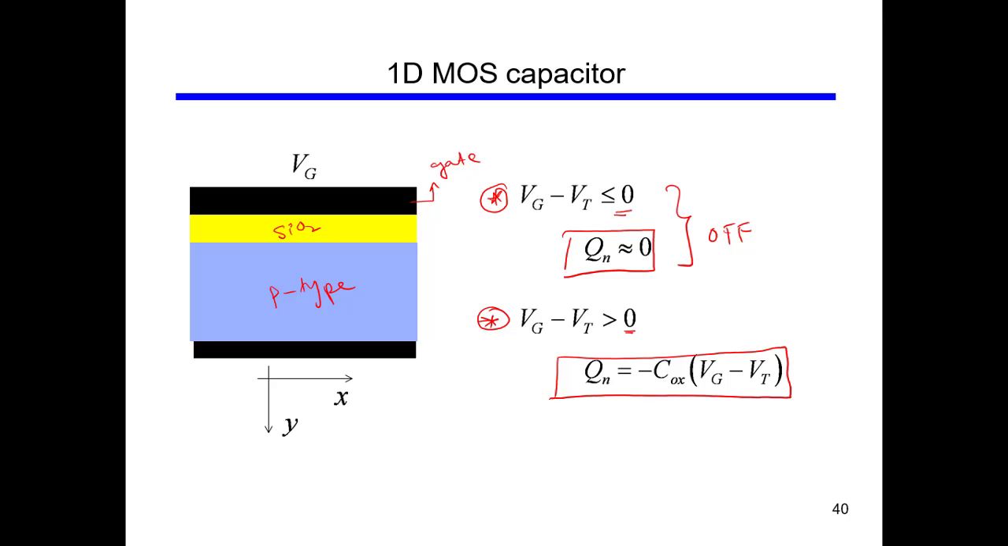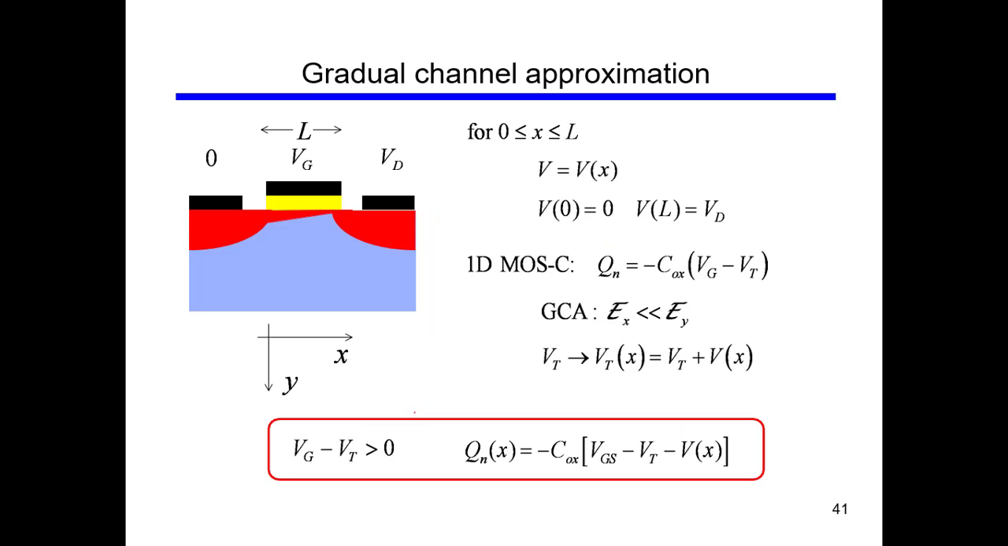But when the difference between potentials at the gate and threshold is greater than 0, then we have this formula, that the charge in the channel is minus Cox, which is the oxide capacitance, times Vg minus Vt. We know this formula from the previous slide, and we said that the value at our reference point, the virtual source, remember virtual source, was equal to this. So if we want to consider the full transistor,